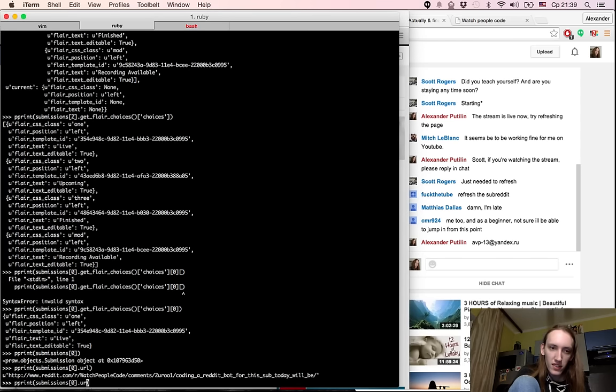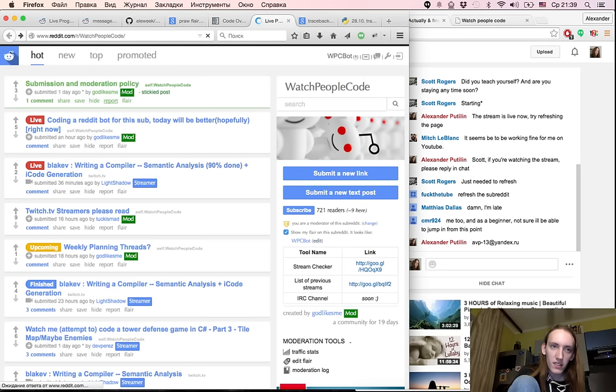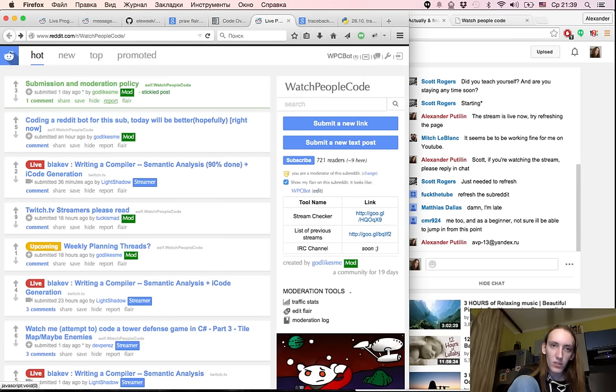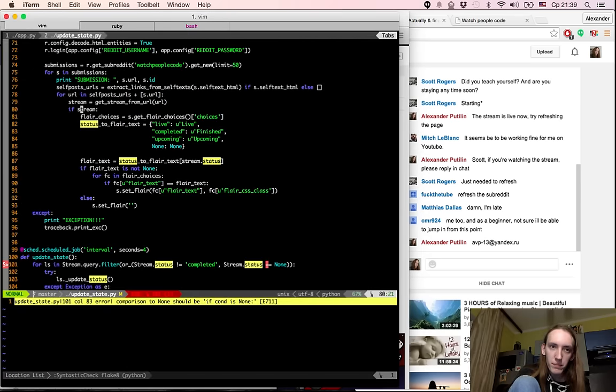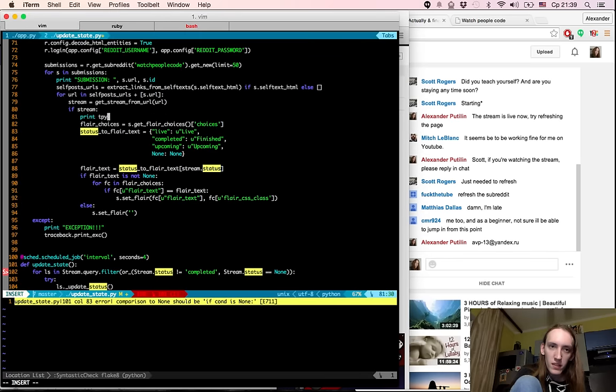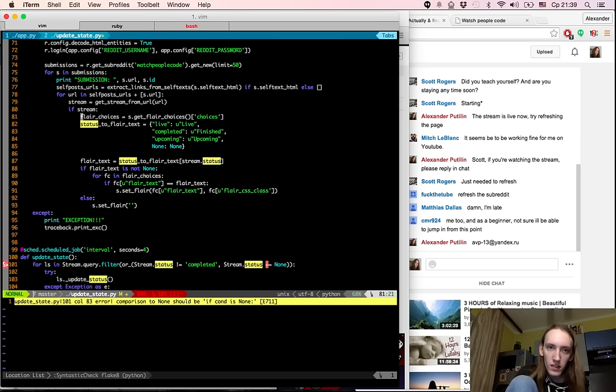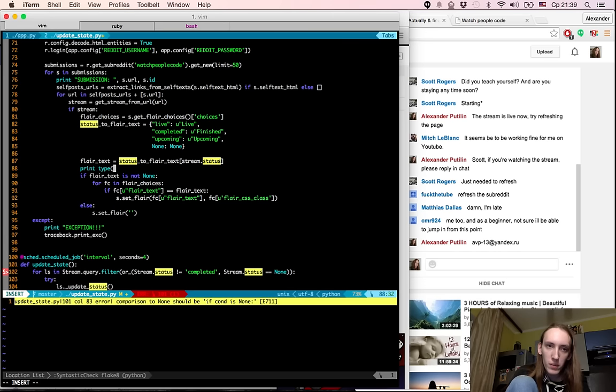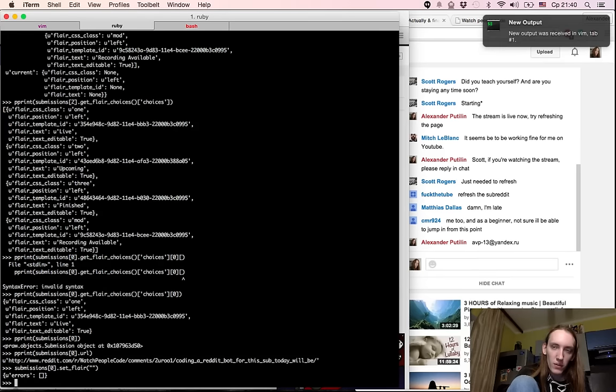Let's test. I want to test how set flyer empty string works. So let's type it: set flyer empty string. Okay. Yes, so it should disappear. Okay, let's do this: print type stream, print flyer text. Let's see what it says for the